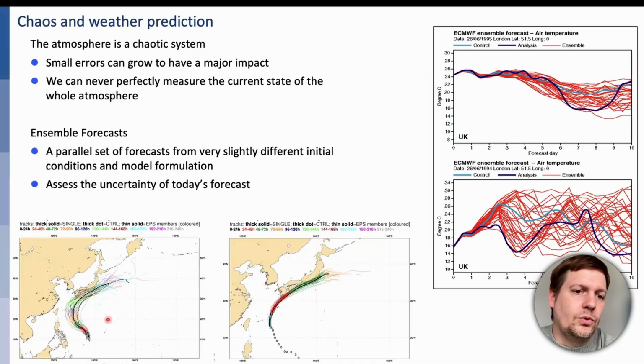Another way to visualize this is with a tropical cyclone forecast here, which recurves over Japan. And again, in this example, after even a couple of days, you have very wide uncertainty associated with the tropical cyclone track, which depends on how the tropical cyclone interacts with the extratropical weather systems. And then a couple of days later, this track spread collapses much more, and it's much more certain where the tropical cyclone will pass by.